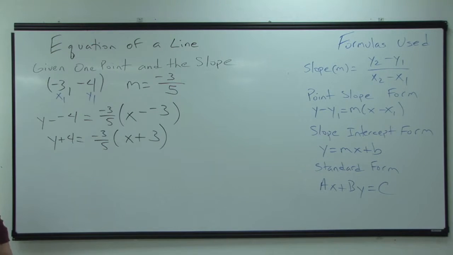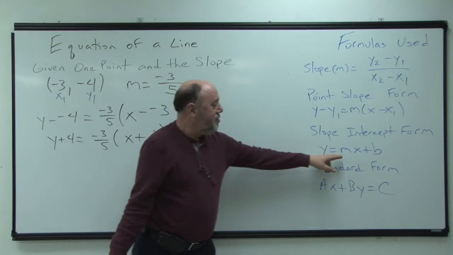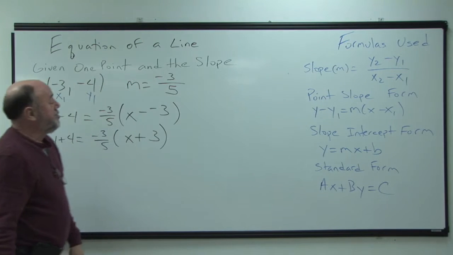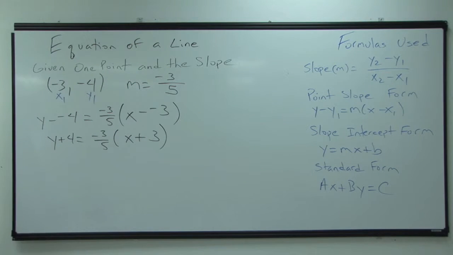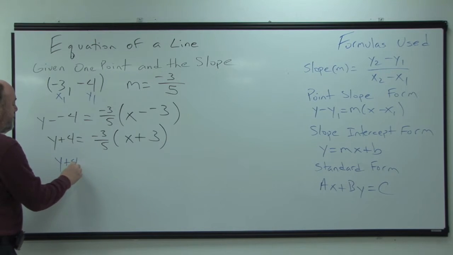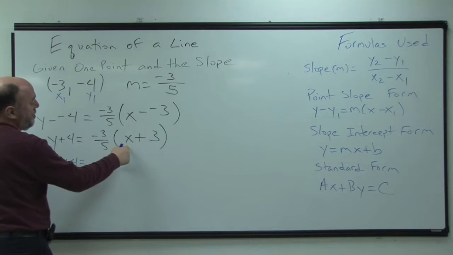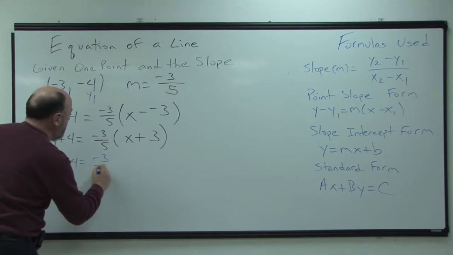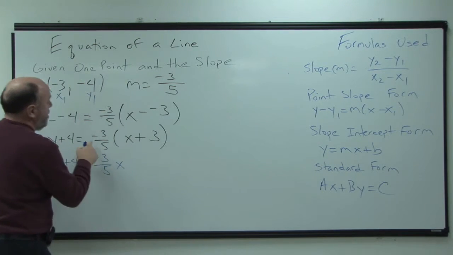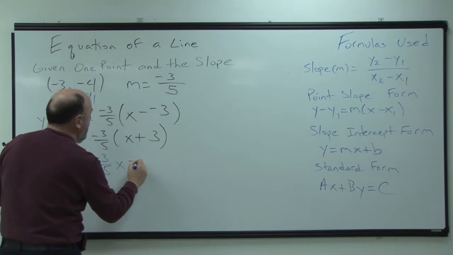Okay. Now we're going to go from this form into the slope intercept form. So I need to be able to take this equation and I want to solve this for y. So the first thing we want to do is go through and do our distributive property. So negative 3/5 times x will be negative 3/5 x. Negative 3/5 times 3 will be negative